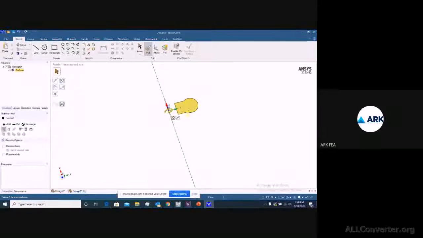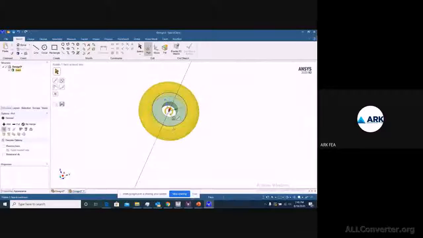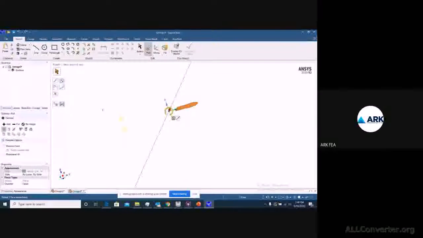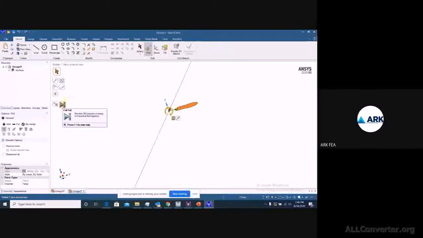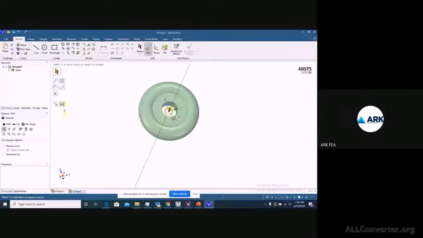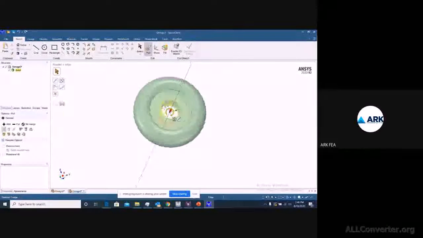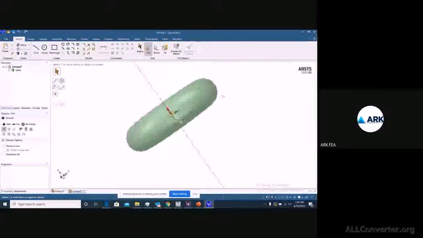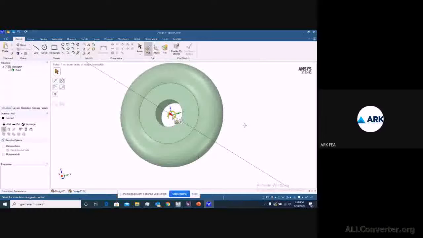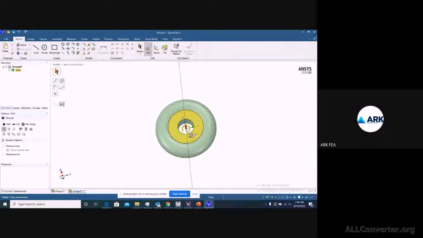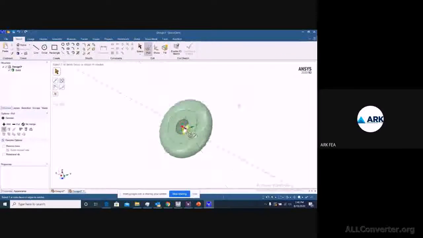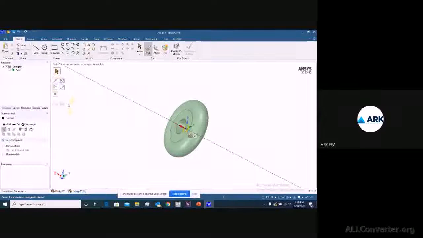Just select the object you want, and you can move it this way, or you can use full pull so that you have a complete start to end. Right, so directly you are able to get a full rotation. I hope you understood how to use this revolve.